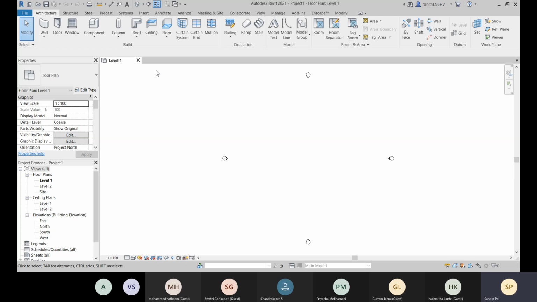When you create a template, you will store all the settings within that template, and whenever you start your project, you will choose that template. So you will get all the settings preloaded. So that will save your time, and you will start working with all the settings you have done. So is that okay?